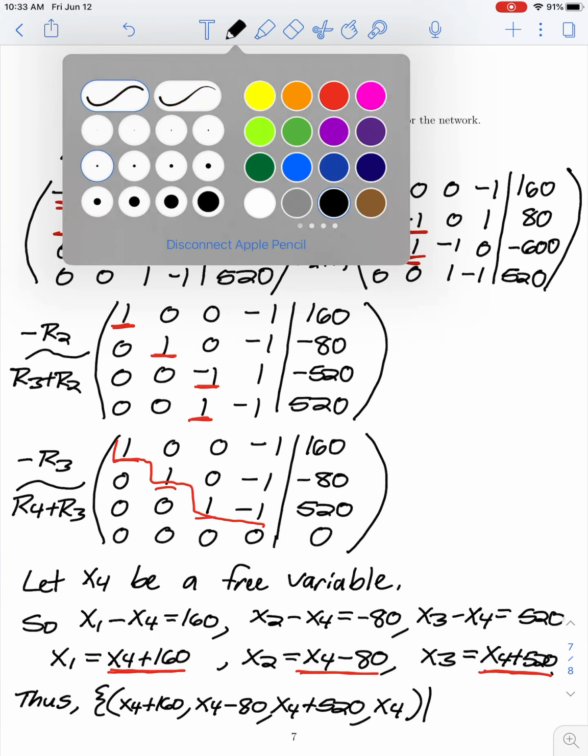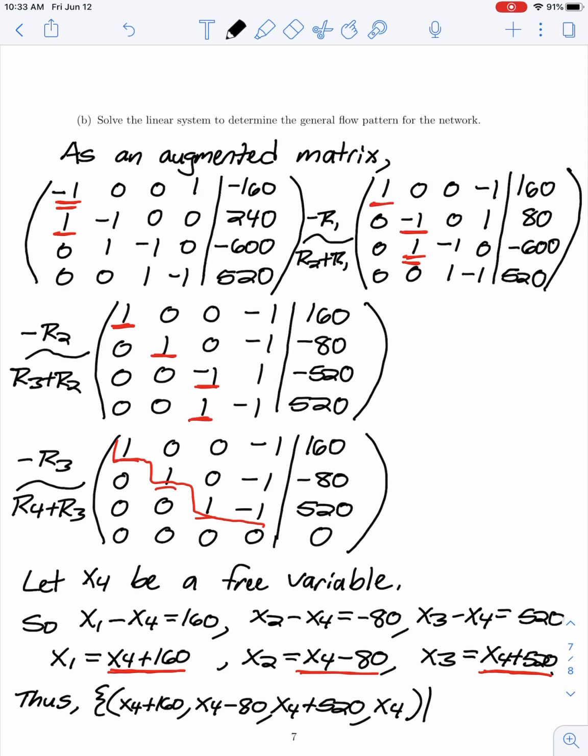So when we write out our solution set here, we might make the restriction, instead of allowing x4 to be any real number, we would specify that x4 needs to be greater than or equal to 80 in order to ensure that we don't have traffic moving in the wrong direction. And that is to ensure that x2 remains